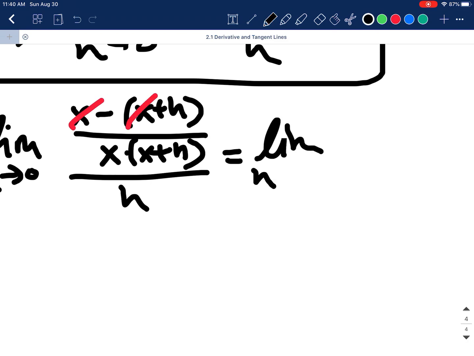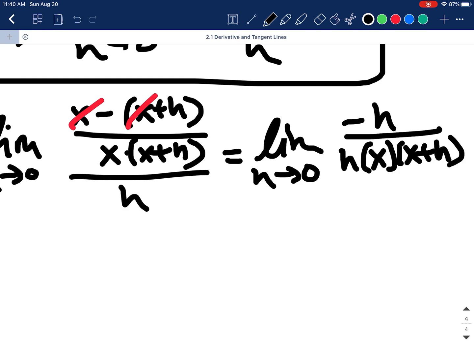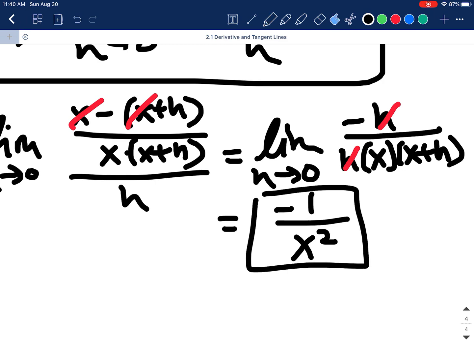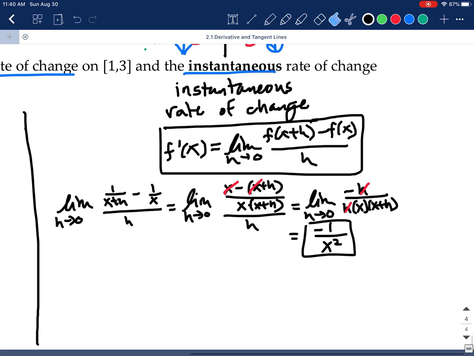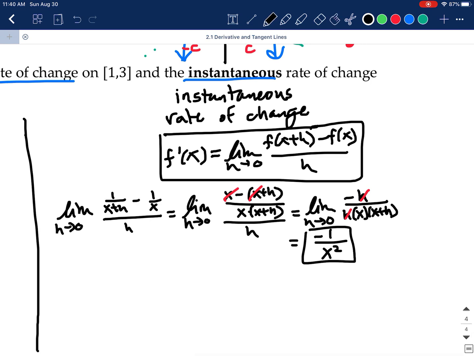So we get the limit as h goes to 0 of negative h over h times x plus h, again moving that fraction to the denominator of the numerator term, and then the h's will cancel, and what we'll end up with is negative 1 over x squared as h goes to 0. So we get negative 1 over x squared, so that means that f prime of 2 is equal to